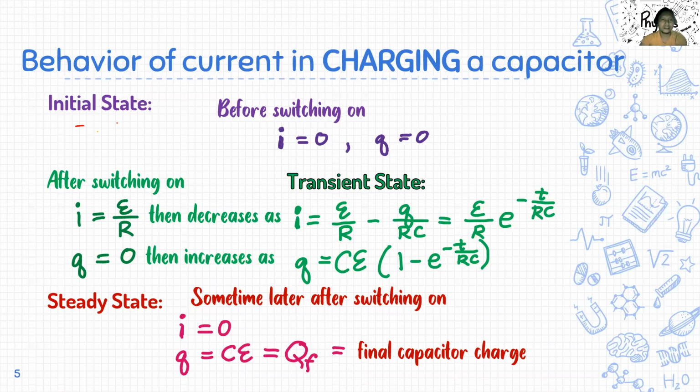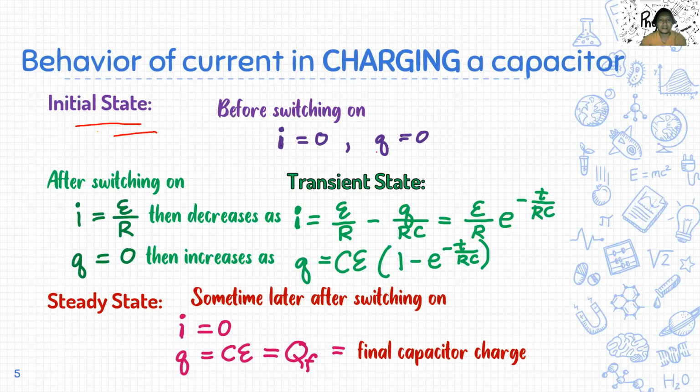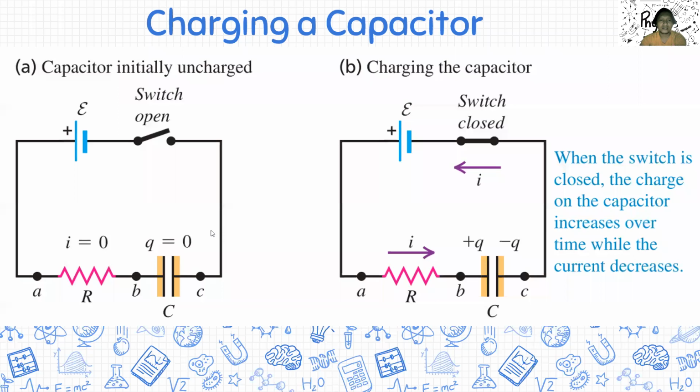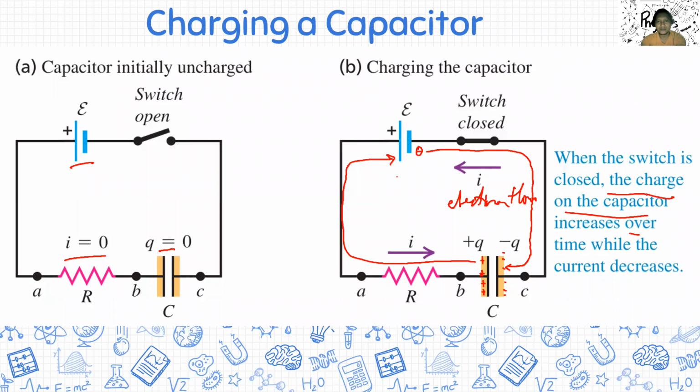Now, the initial state before switching on: current is 0. The switch is open, so no current passes yet. And your charge is 0, not yet charged. After switching on, what happens? When you switch on, your current here